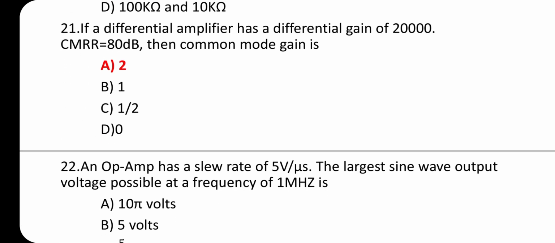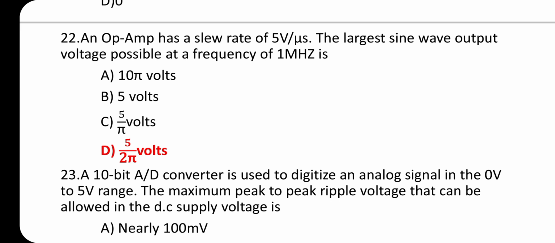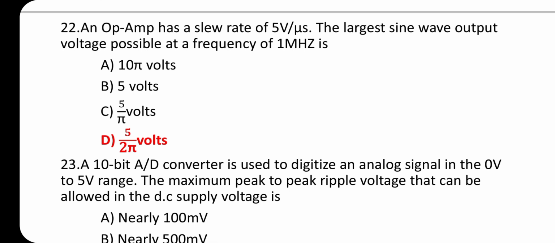If a differential amplifier has a differential gain of 20,000 and CMRR of 80 dB, then the common mode gain is option A, 2. The 22nd question: an op-amp has a slew rate of 5 volt per microsecond. The largest sine wave output voltage possible at a frequency of 1 megahertz is option D, 5 by 2 pi